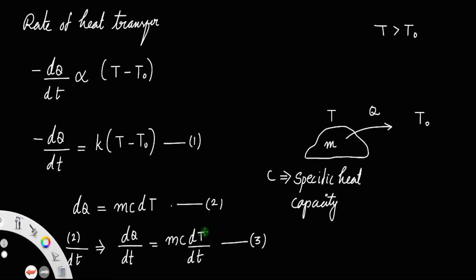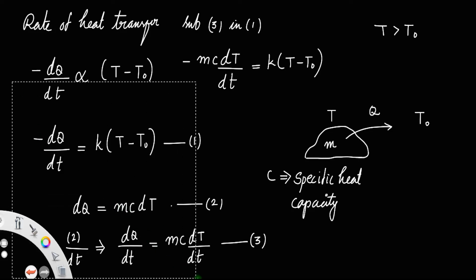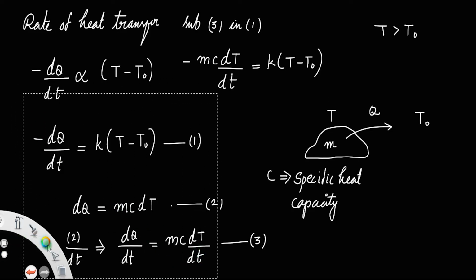Now, if you compare 3 and 1, you can put mc dT by dt instead of minus dQ by dt. That is, substitute equation 3 in 1. You get, instead of dQ by dt, minus mc dT by dt is equal to k into T minus T0. Clear? Or you can write this equation as